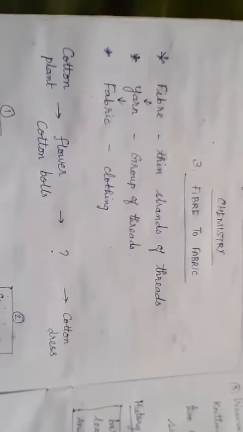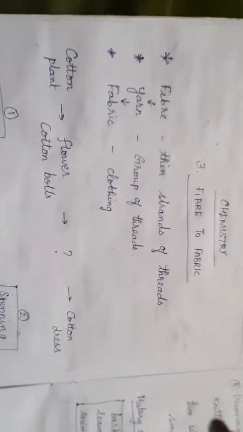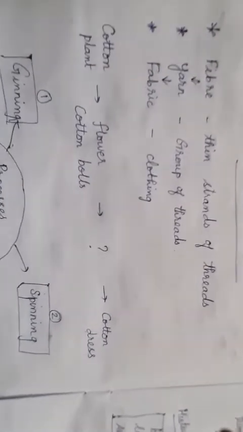Again, in the natural fibers, we had two types: fiber obtained from plants and fiber obtained from animals. Can you list some plant fibers? Cotton and jute. What are the animal sourced fibers? Wool and silk. Silk is obtained from the silkworm. Wool is obtained from sheep and goats. In this chapter we saw in detail the natural fibers obtained from plants. We saw about the cotton fiber and jute in detail.